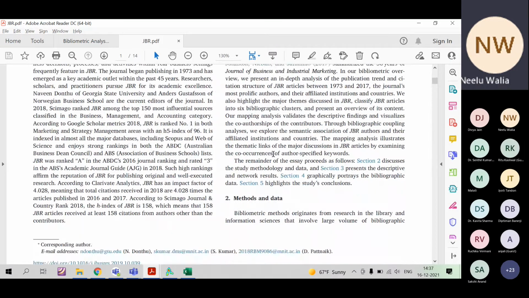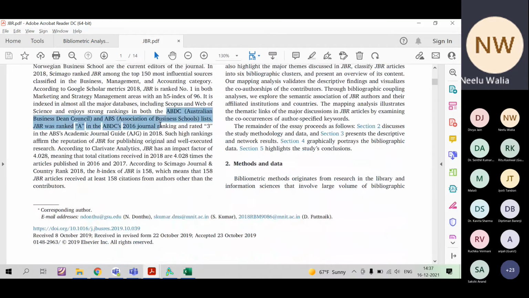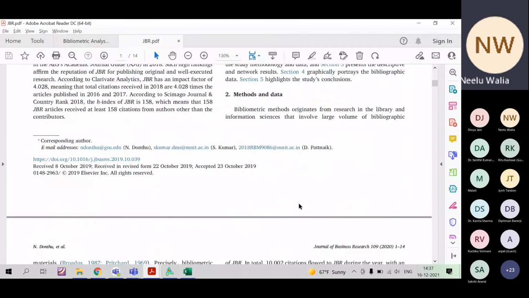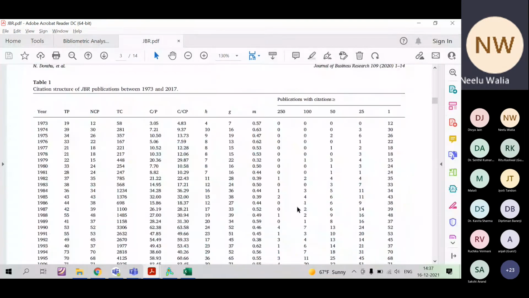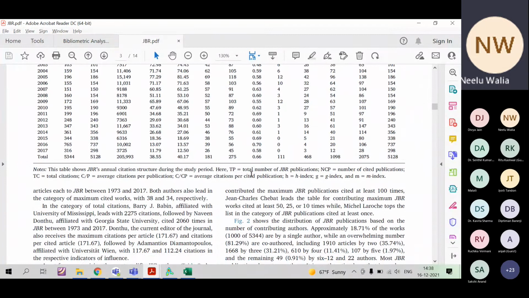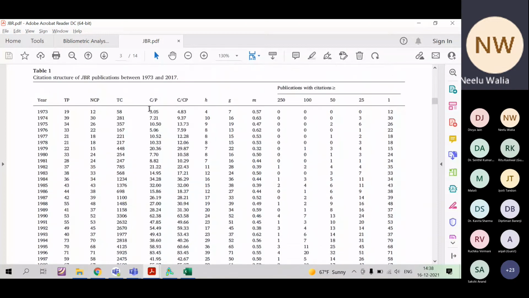This is an A category journal, ABDC A ranked journal, and you can write such a paper for the journal also, and you can publish. Similar types of information are provided: year, total publication, number of citations, number of cited publications, total citation, then citation per publication.